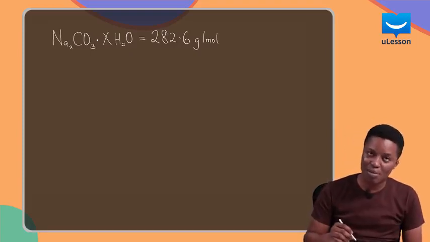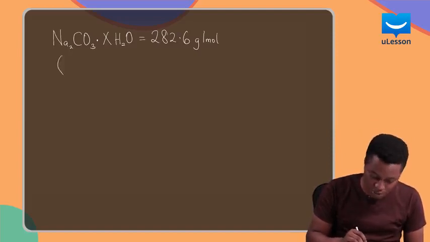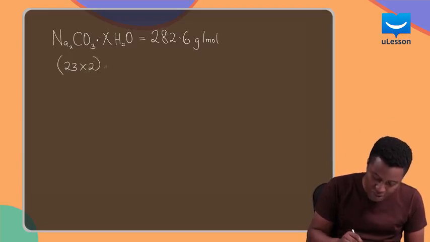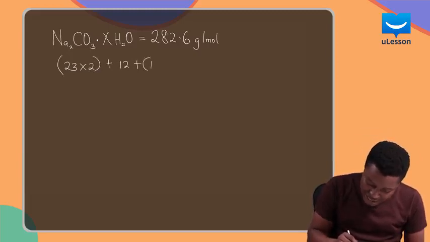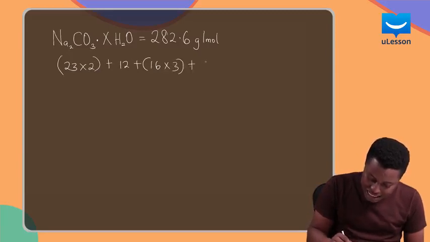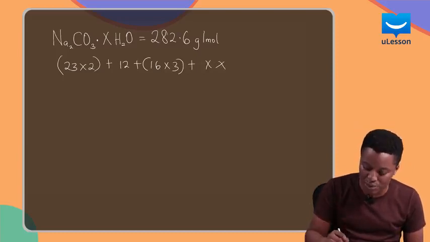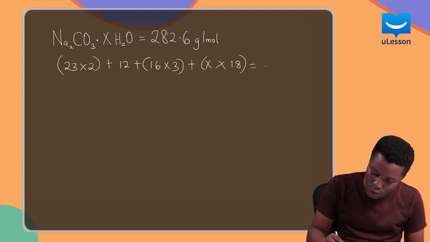Now, we know that the atomic mass of sodium is 23, but since there are 2 atoms of sodium, that becomes 23 times 2 plus carbon is 12 plus oxygen is 16. But since there are 3 atoms of oxygen, it becomes 16 times 3 plus X times, we've already been given the molar mass of water to be 18. And this is equal to